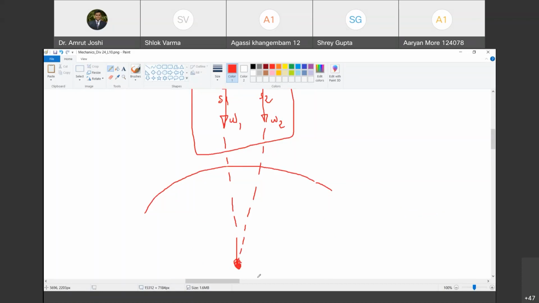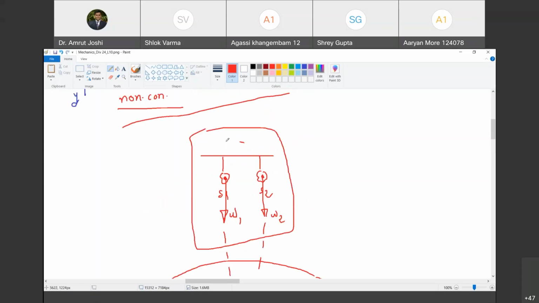However, for all practical purposes, as the radius of the Earth is very large, it is tending to infinity for all practical purposes. It is finite, but it is very large. Therefore, we consider this system as a parallel force system or non-concurrent force system. Are you with me? Yes, sir. So for practical applications, we consider this kind of system as non-concurrent. However, in the strictest sense, it is a concurrent force system.